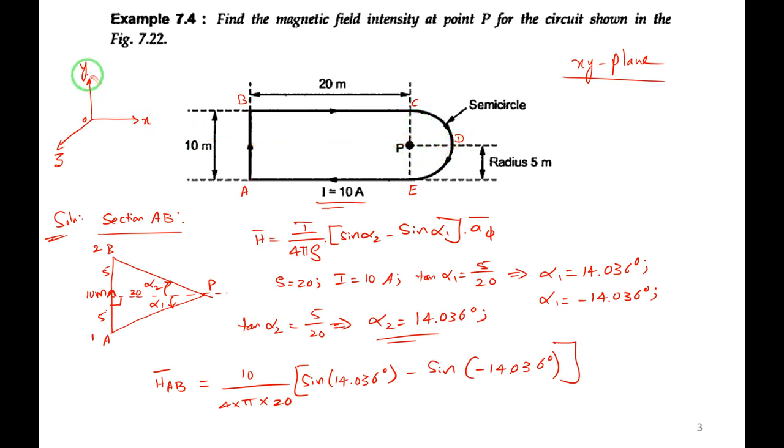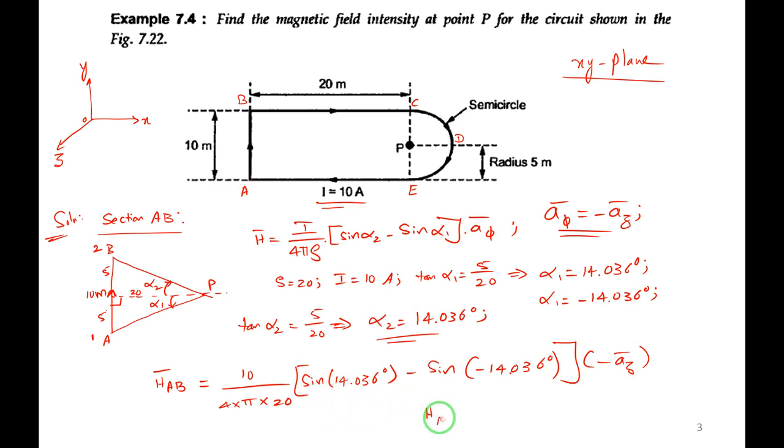So just have a look at it. This conductor is placed in XY plane. If it is entering the point P and it is entering the PPT, means it is going towards negative Z axis in this direction, right? So Fi is nothing but minus AZ here. I hope you are getting what I am telling. Fi is equal to minus AZ because it is moving in the negative Z axis direction, right? It is entering point P, means it is moving towards negative Z axis. So Fi is equal to minus AZ. So we'll substitute minus AZ here for Fi, right?